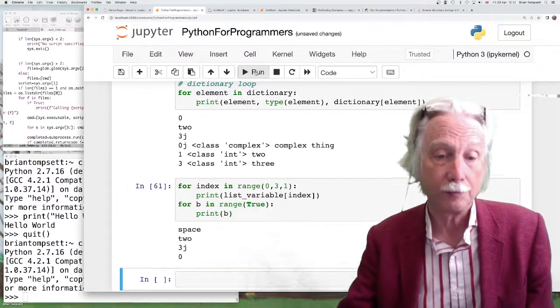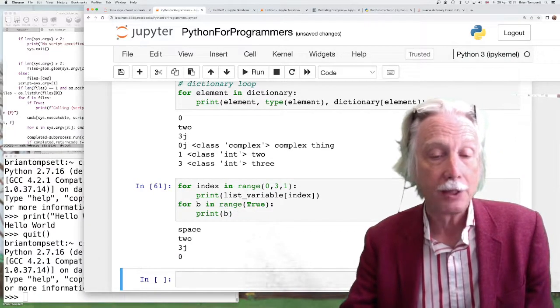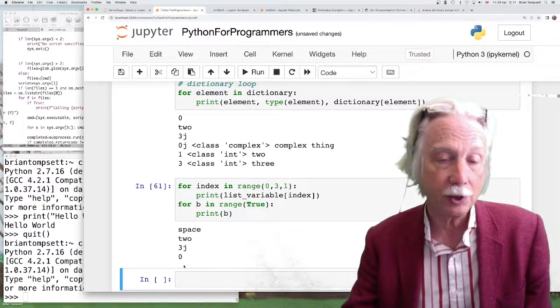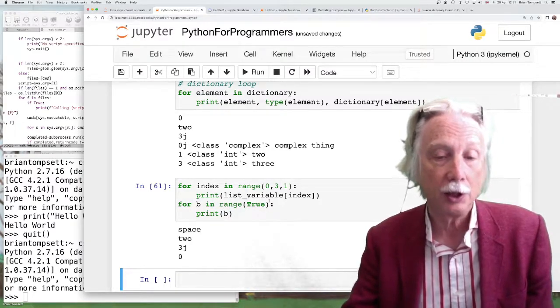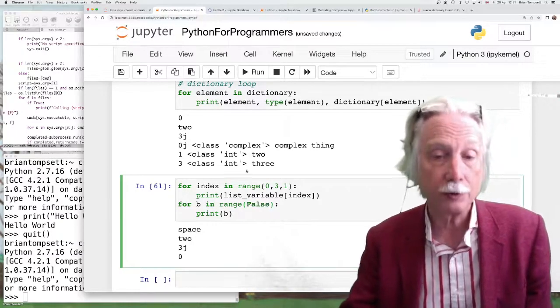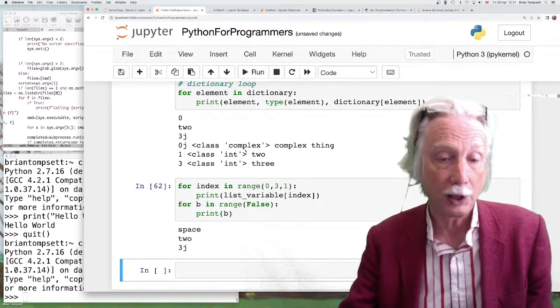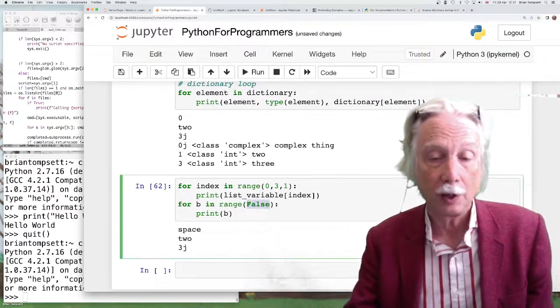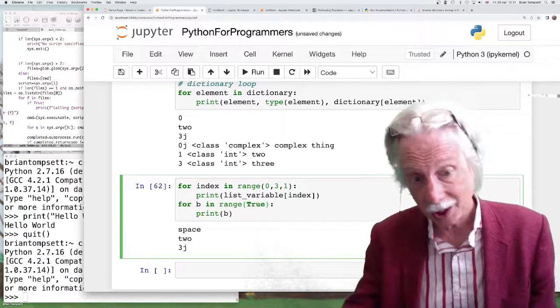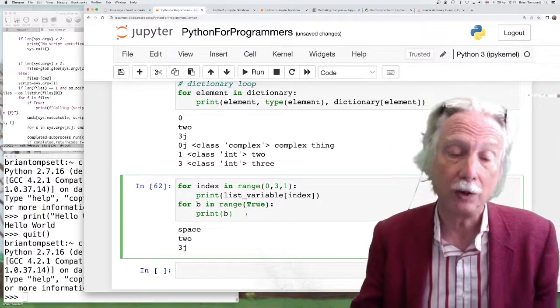So I'm just being silly here. Can I have a range up to true and print the value? Notice we've got a 0 here. And can I have a range up to false? And I get nothing. So that kind of shows that true secretly inside is a 1, although